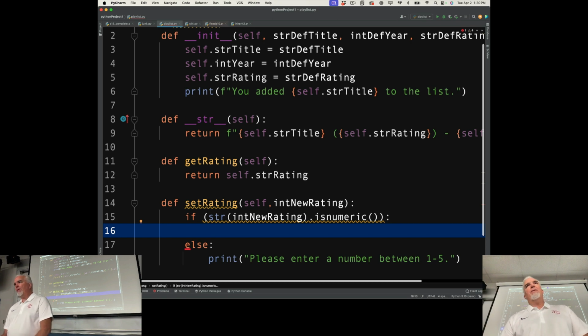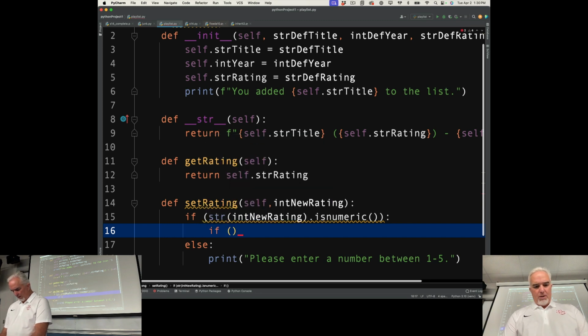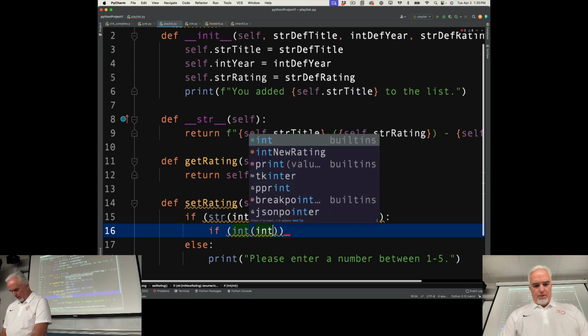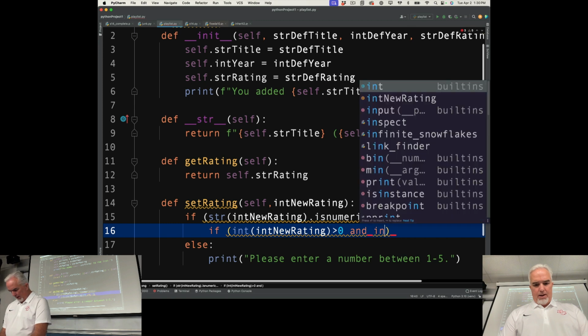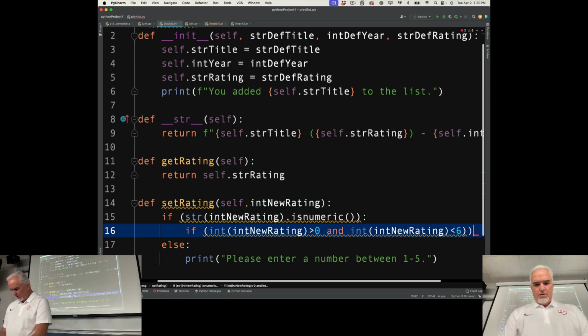If it is numeric, the other thing that we have to do is check to make sure that it's within the range. So I'm going to use a nested if here. And if int new rating is greater than 0 and int new rating is less than 6, then